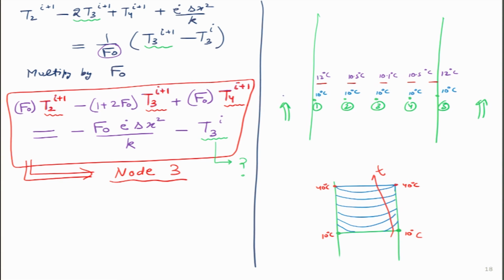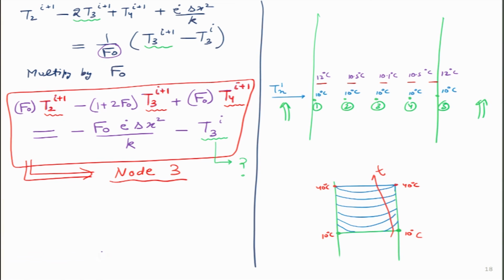Which means technically these are all Tn at time step 1. Sorry, let me rephrase it again, and I will use the correct color, maybe the blue over here, so that it is matching. At time step 1 over here, these temperatures are for each node at time step 1, and n could be 1, 2, 3, 4, 5.